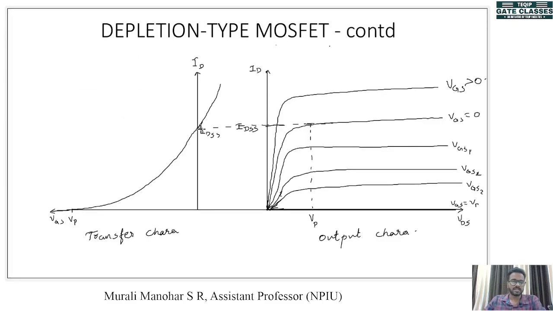Now if you look at the characteristics, you can see that the characteristics was only this much in case of JFET, and now the characteristics has a portion like this. So this region is called depletion region, or the operation in this region is called depletion operation, and this region, this is called enhancement region.